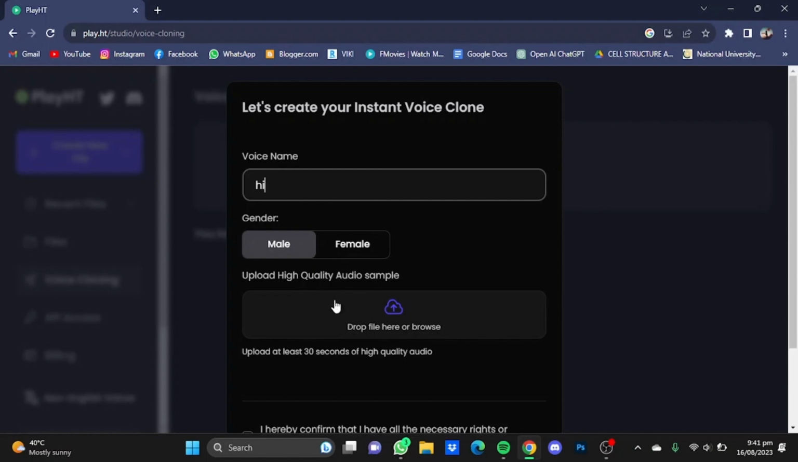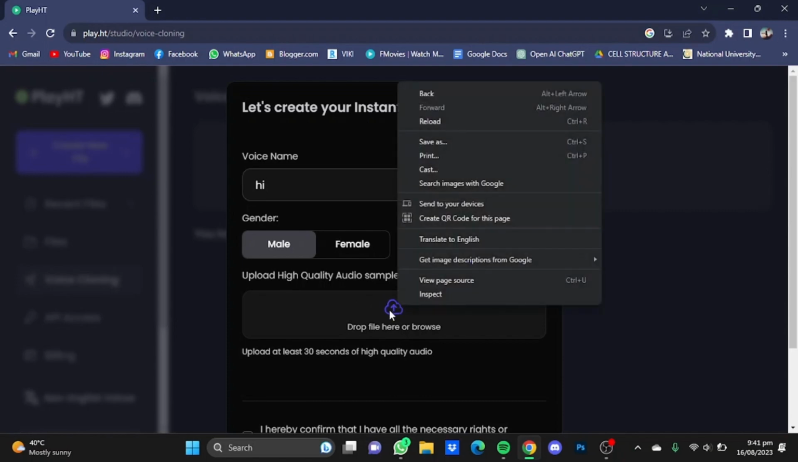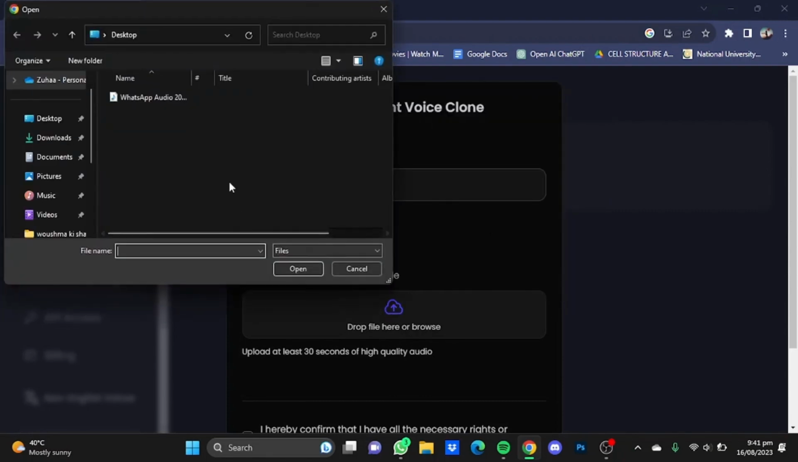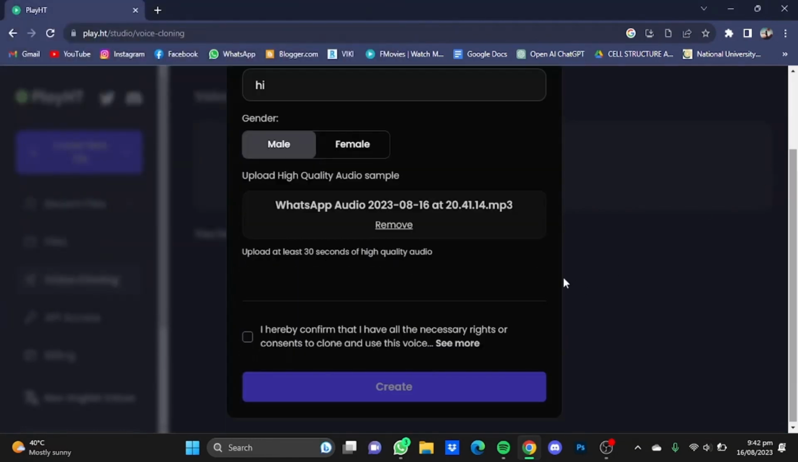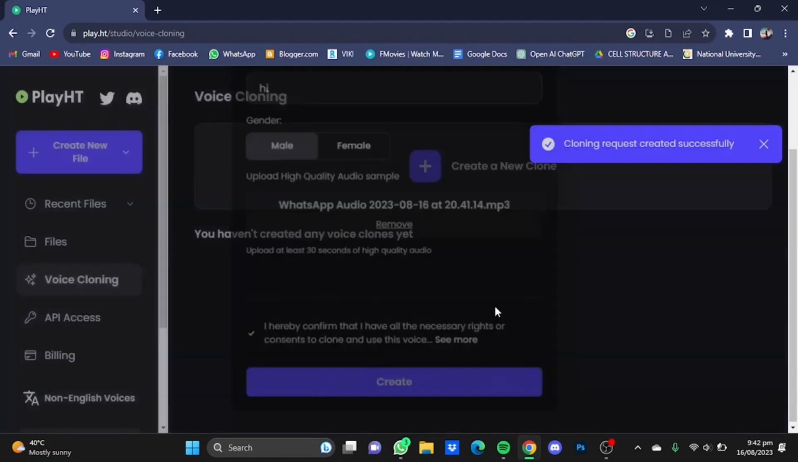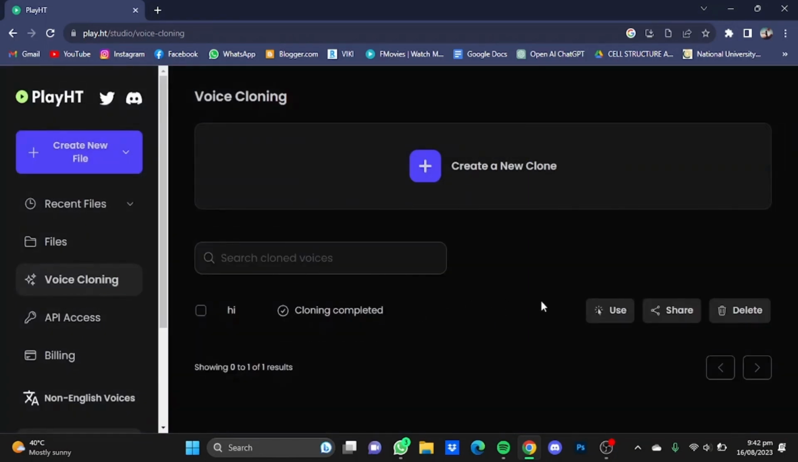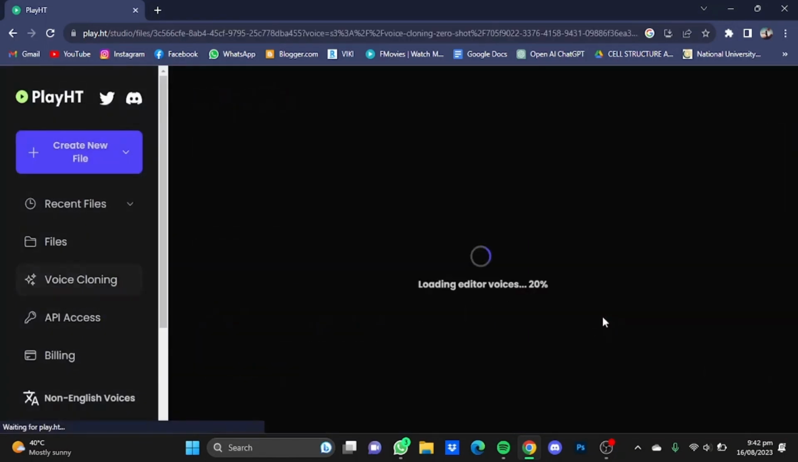Now here you will have to upload your voice recording of 30 seconds or more. I already have my voice recorded for 30 seconds or more, but you will have to do that. Now once the audio has been recorded, click on this button and just select that file and click on open. Now once the audio has been uploaded, click on this box and tick it and click on create, and your voice will be cloned. Now once your voice has been cloned, click on this use button